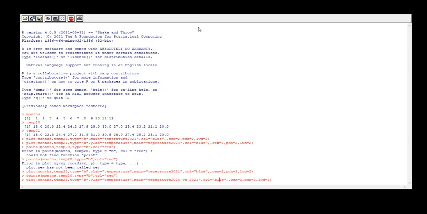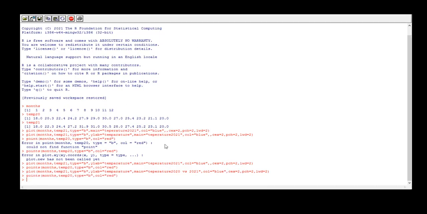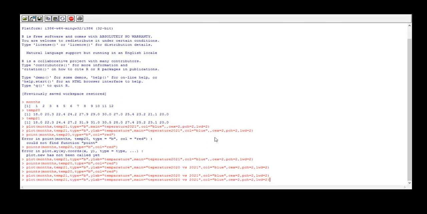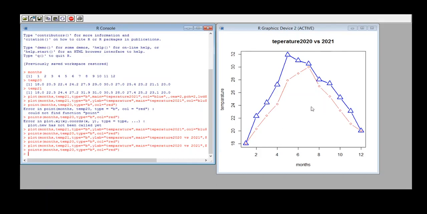So this is my caption, or we can say the title of the graph. And now points. So this is the graph. See, this is our graph.